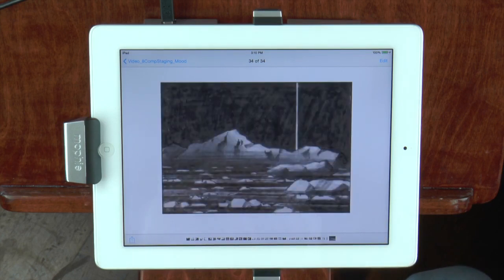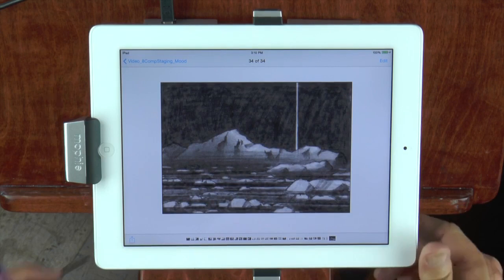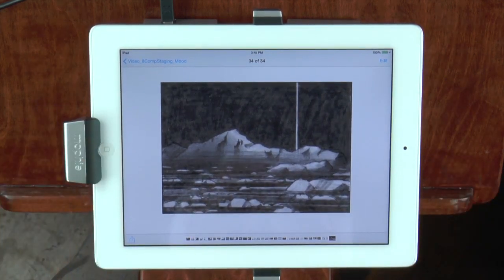Okay, I'm gonna hit this one next. This was a spot of light in the dark, and I was trying to think of the most unlikely place where that could occur, and I decided that a floating iceberg and some pack ice in the foreground, really dark, and a searchlight shining straight up, which seemed like the most unlikely of all possible events in that situation. And so gave it a swing, and I found a piece of reference and then put it away as